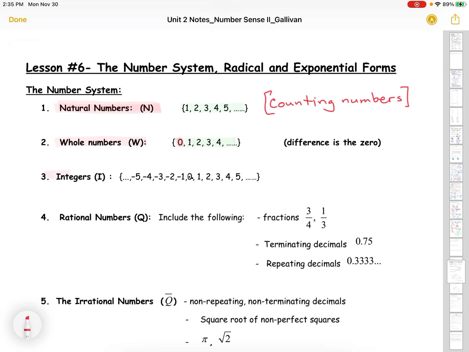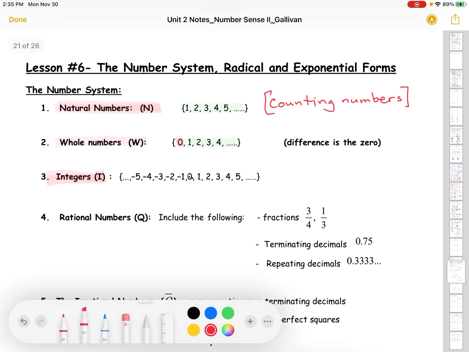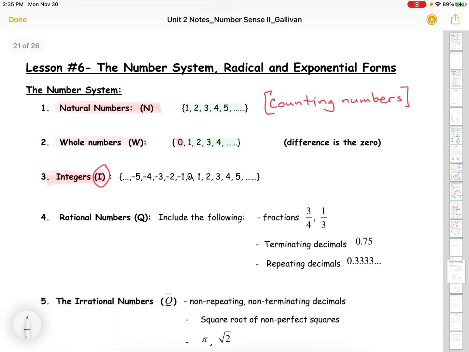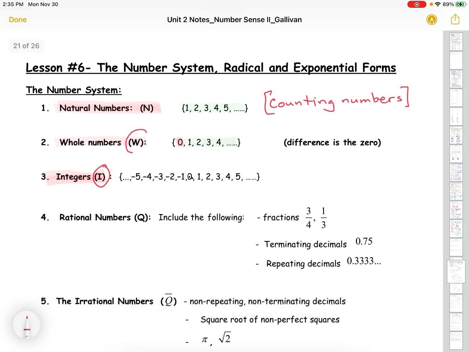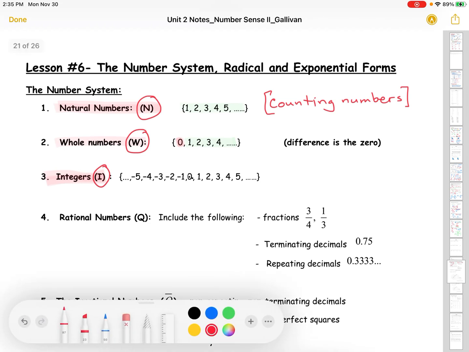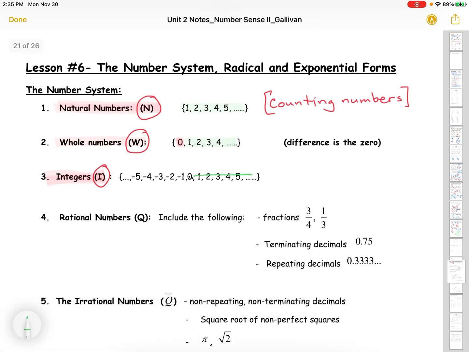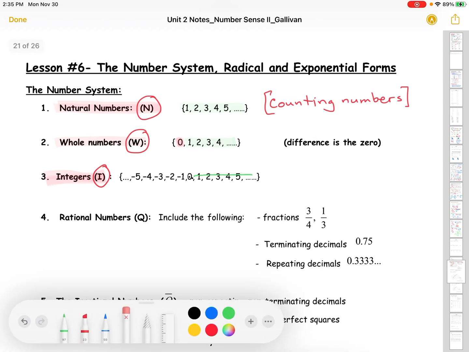Then when you hit your junior high years, we started talking about integers. Now it's important to note, ladies and gentlemen, folks, that integers are notated by an I, whole numbers by a W, natural numbers by a capital N, and they're all capitals. Okay? Now the only difference between integers and whole numbers and natural numbers,